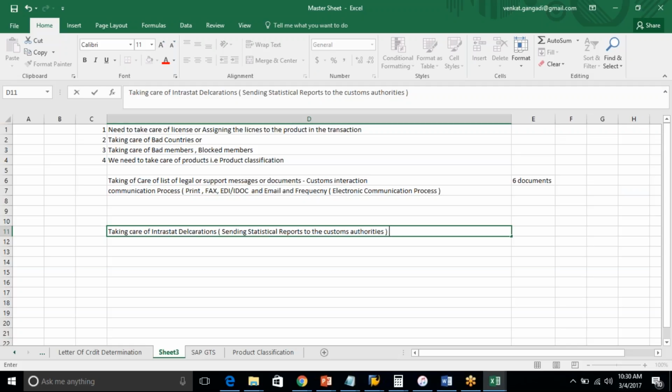When you look at the export process or import process, the very major financial obligation is taking care of the payment. As I already explained in the demo session,